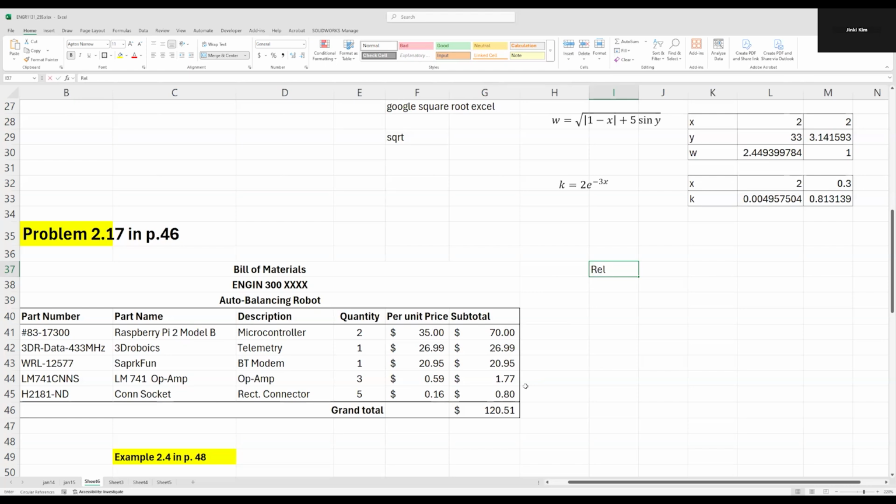So relative versus absolute cell address. Okay. So by default, Excel is referencing other cells in a relative manner. What I mean is,